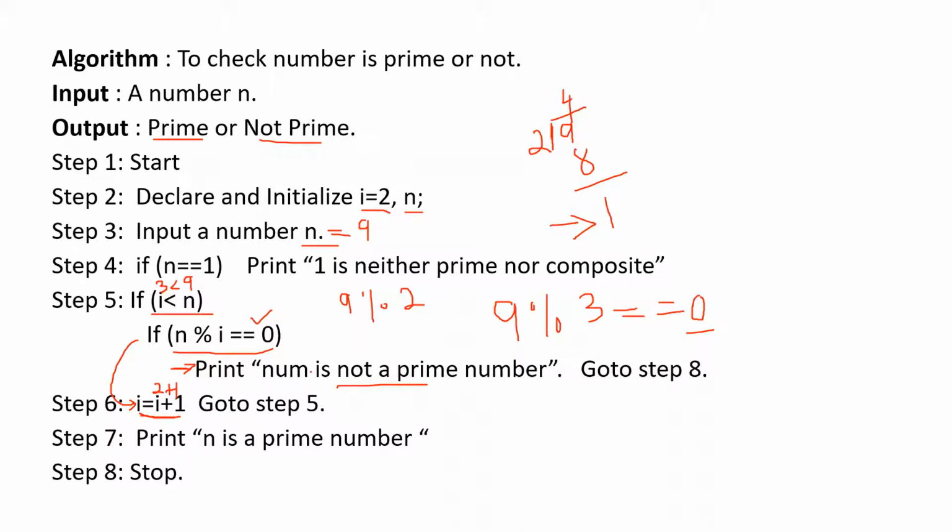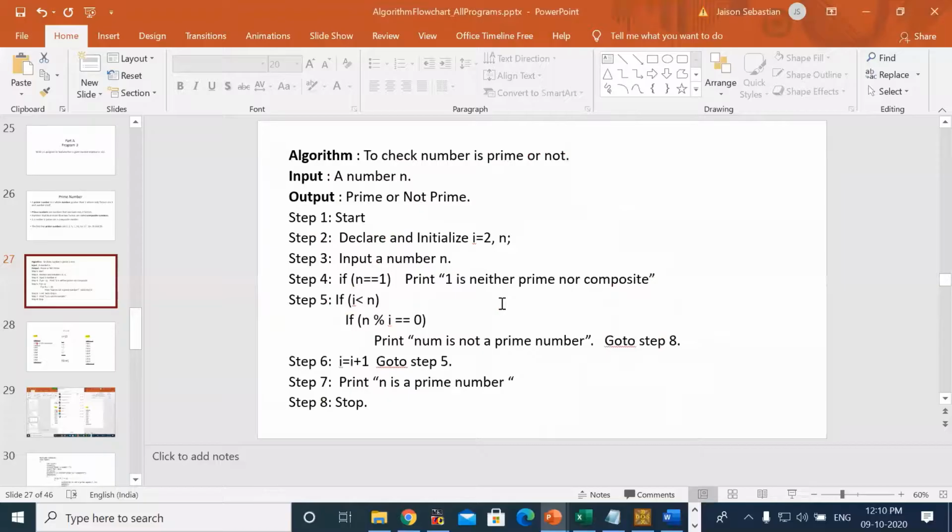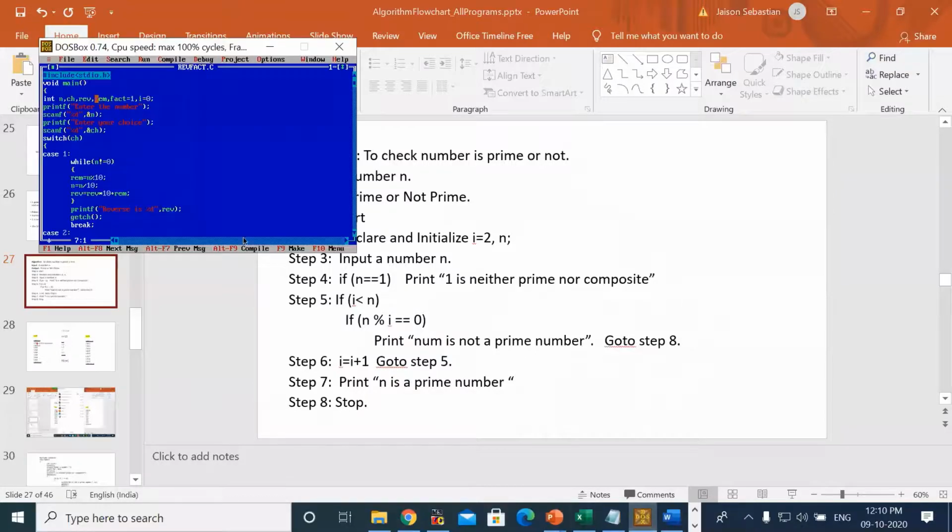So if you enter a prime number, you can see that it will not be divisible by any of the numbers between 2 and that same number. Because 9 is not a prime number, we found that when 9 mod 3, it has the remainder 0. Understood, no? Okay. So now we are going to implement the program, the same thing what we have written. It's a very simple program. I'll be using only the while loop because we have studied only the while loop.